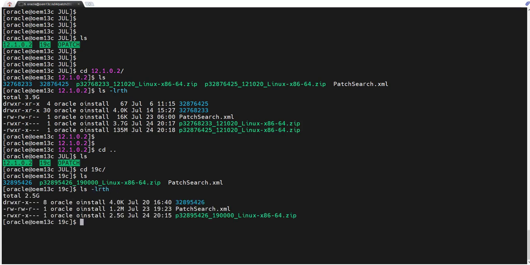For grid we are going to download only the Grid Infrastructure release update, one patch number. This is what I have downloaded, and I unzip this zip file here, in this directory.